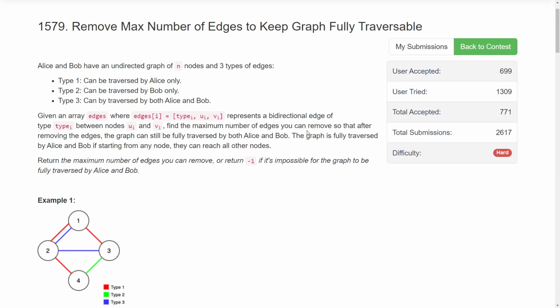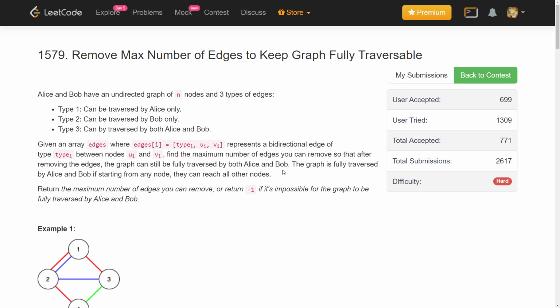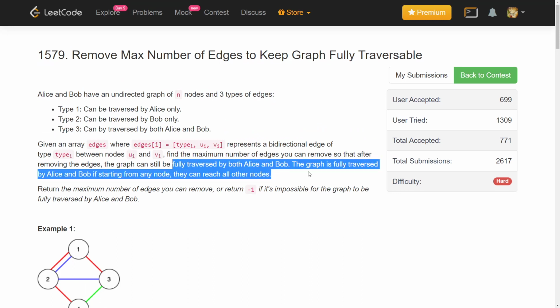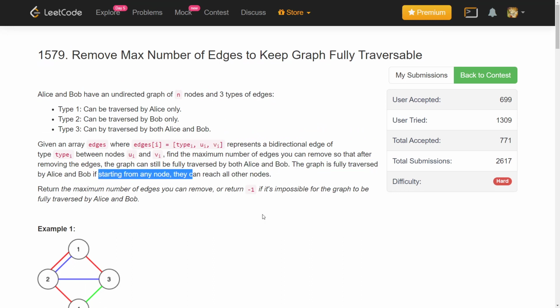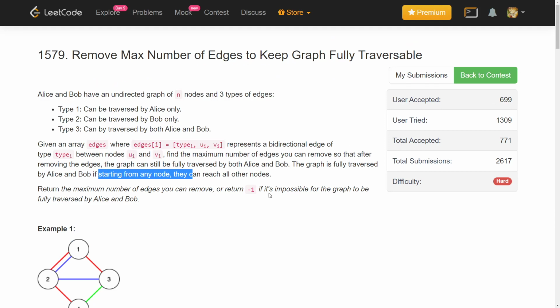Find the maximum number of edges you can remove so that the starting point you can reach all other nodes. Yeah, so I was just looking at my solution to understand. I just got confused in something.